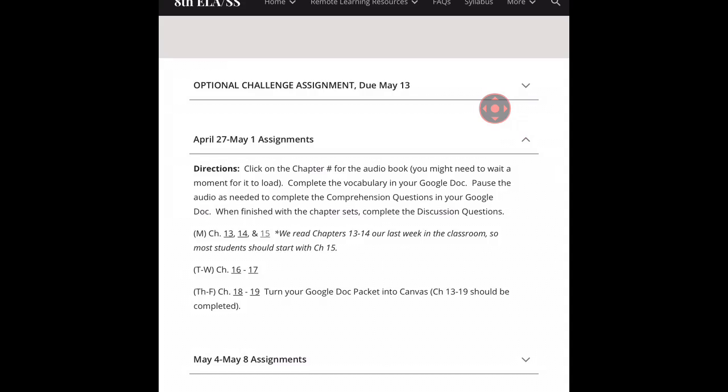So you could see it took a moment, and you see the gray kind of buffer here. Okay, so you might need to wait a moment or two. Please be patient with it. You can listen to the audiobook, pause it as often as you need to, and then you can just toggle between your Google Doc and the audiobook. So you pause the audiobook as often as you need to fill in those questions. So if I go ahead and go back to our website here,